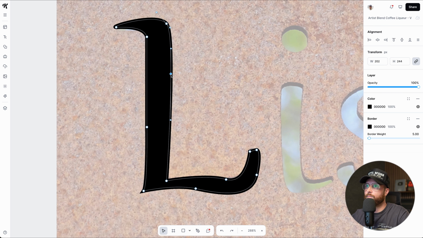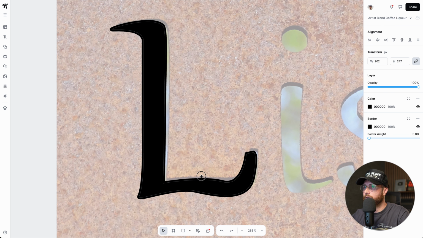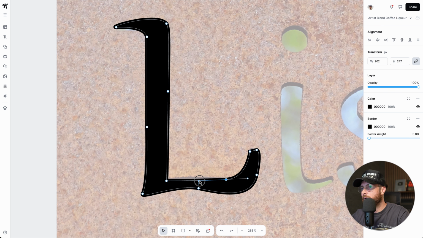I would probably have more points right here that I could use to be a little bit more flexible. And yeah, I would probably add more points to this, which I go over a little bit in the pen tool demo. So definitely go and check that out. Obviously this is not optimized, but I wanted to show you a couple of tips on how you can use